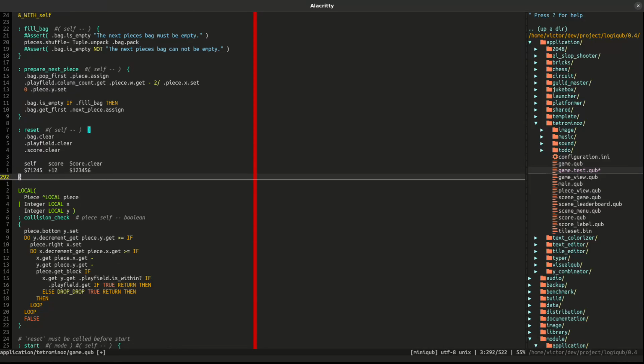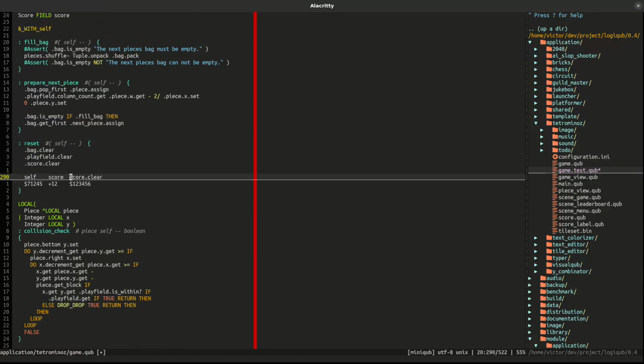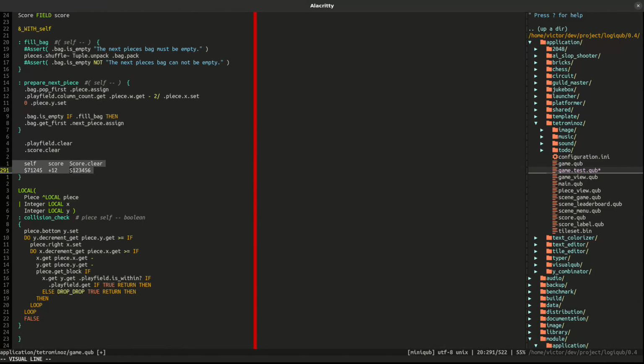And writing the code like this, when I was in the second version of the virtual machine, that was not sustainable. So I had to give this up and redesign the whole virtual machine